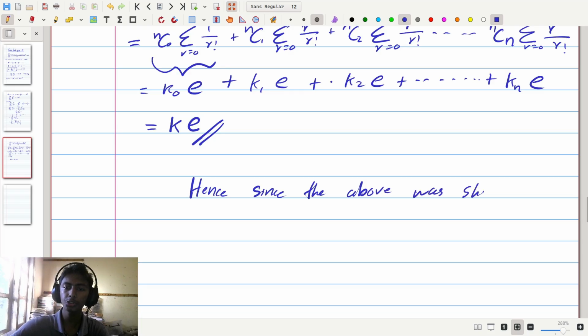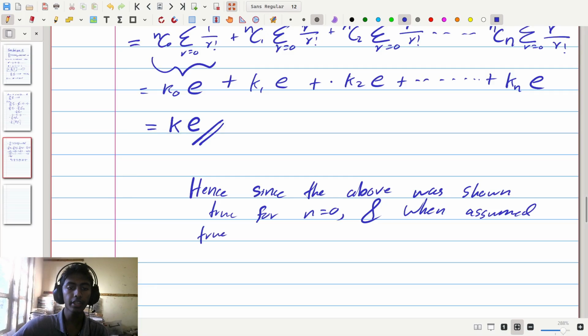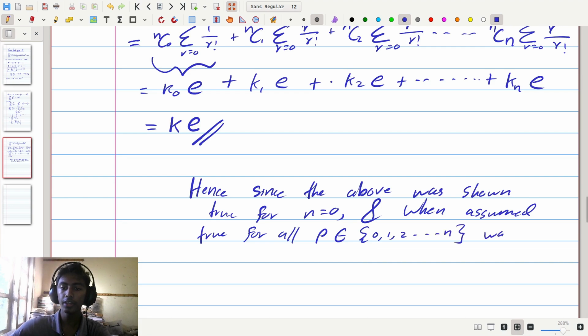was shown true for n equals 0, which was our base case, and when assumed true, well, in this case what we assumed true was that for all p, which were elements of the set of numbers starting from 0, 1, 2, all the way up to n, was found true for the next value, in this case n plus 1, we can say that if it's true for all the values from 0 up to a certain value n, it's true for the next